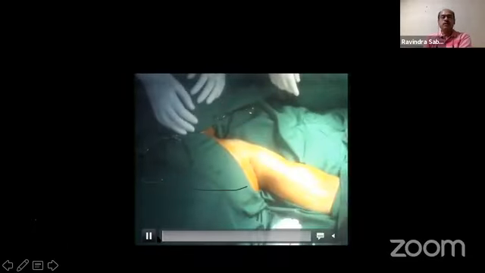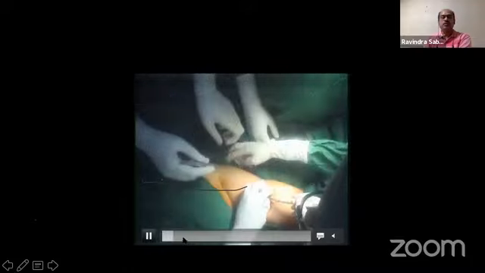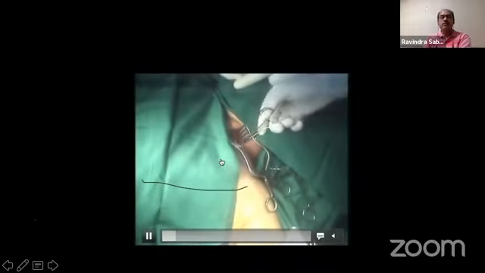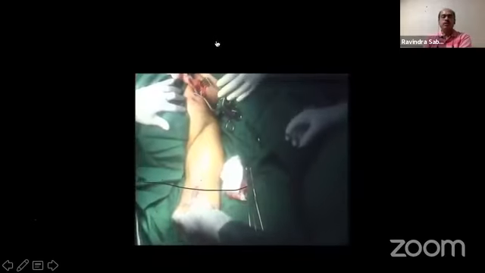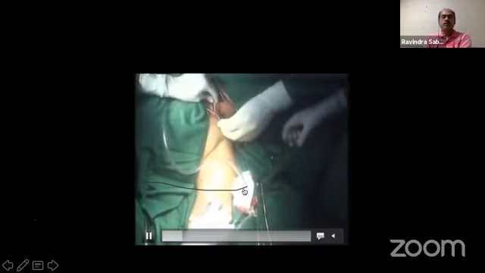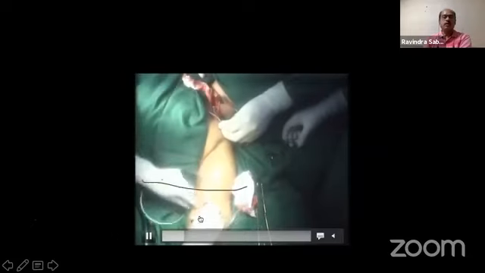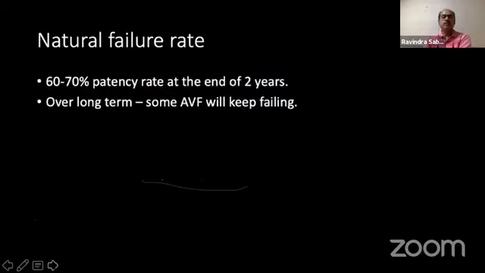Sometimes, very rarely, this is just a last video for demonstration. Quite often you will get subclavian stenosis. Now, if you have that sort of a thing, no fistula can work. And this is the graft which can be anastomosed from the brachial artery, go into the subcutaneous tunnel and to the internal jugular vein. If the internal jugular vein is patent, that long graft can be placed. And you see here that the graft can be put from the jugular vein to the brachial artery. And that is the benefit of the graft.